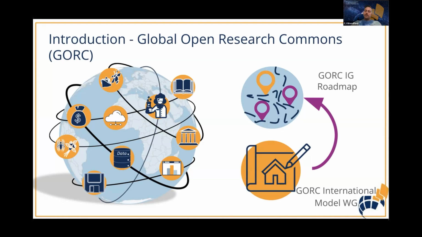The model, which I'll be presenting today, is operational on the basis of an individual research infrastructure. Small, large, national, pan-national, regional, discipline-specific, whatever. It's operational on that level. The roadmap, however, will be operational on the scale of connecting everything together on a global platform. So regardless of what you're operating or what scale you're on, our model has considerations that are relevant for you when it comes to open research and open science practices. So it is, in fact, a set of considerations and non-prescriptive.